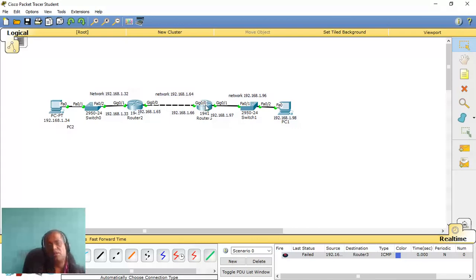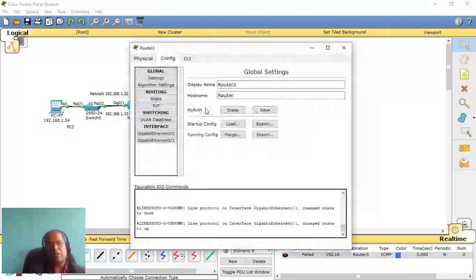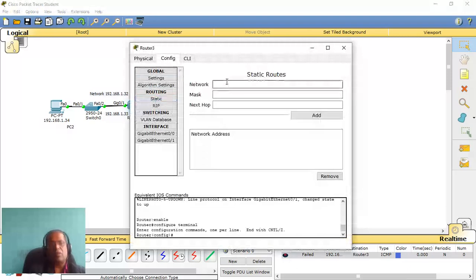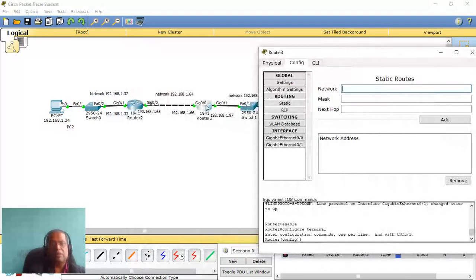So let us go to this router and do the routing. What do we have to teach this router? This router has to be taught about this entire network. So let us say that network is 192.168.1.32 and the subnet mask is 255.255.255.224 and the next hop is 192.168.1.65, isn't it?